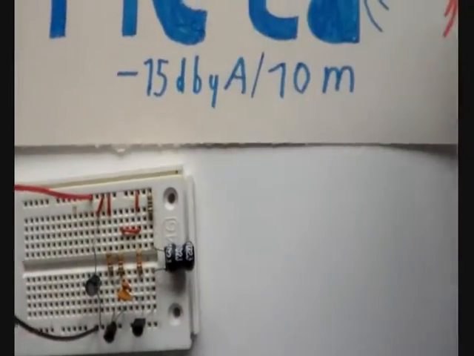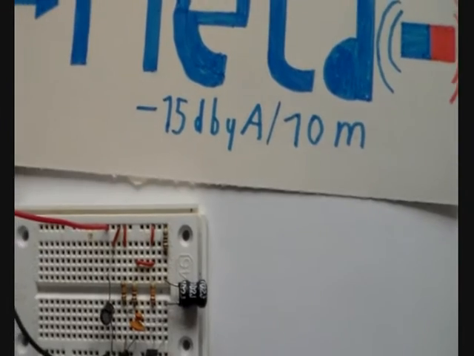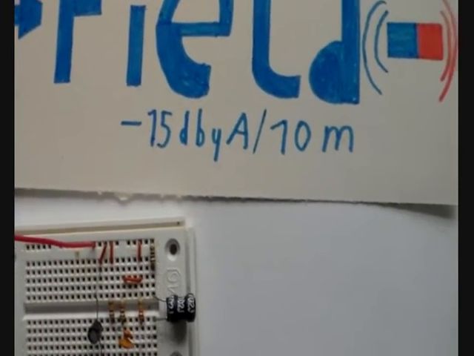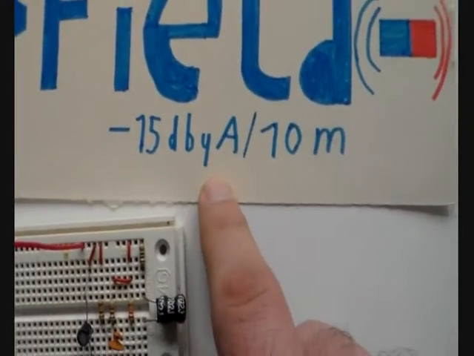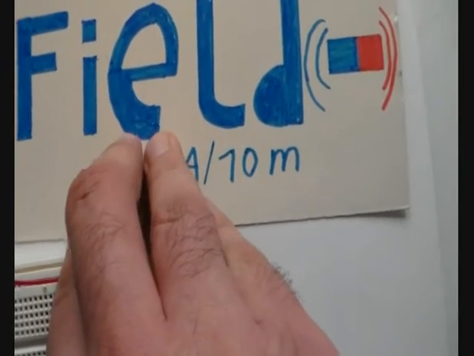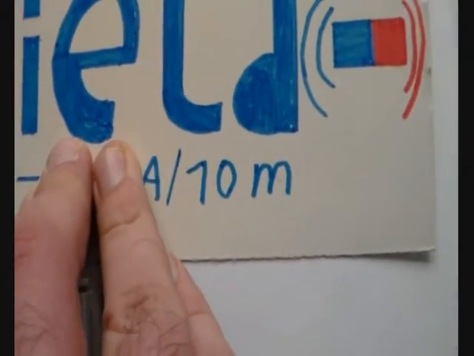There's one special thing here, which is the allowed field strength. As you could see on the E field, we have 4 nanowatts allowed, which is definitely not much. But here we have minus 15 dB microamps at a distance of 10 meters. The rest of that regulation text isn't interesting. This is the interesting part: